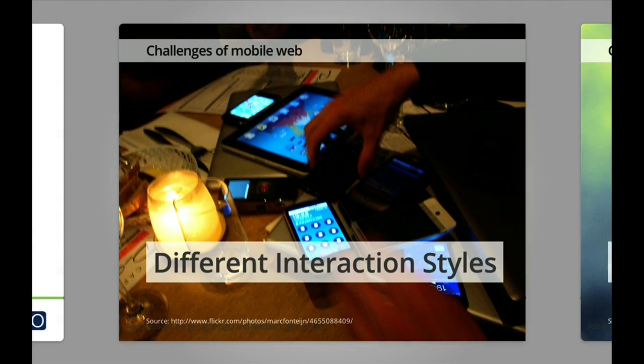So we've identified these 6 fundamental challenges that you as developers today face building these rich, awesome user experiences for the mobile web. The first, and probably one of the most important, is different interaction styles. How do you build applications, and can you build applications that work across all the different types of form factors that we mentioned earlier? Can you build an application that works across the Opera Mini style devices, or tablets, smartphones, the whole range? Is it possible just to build one application that is deployed across all these different types of